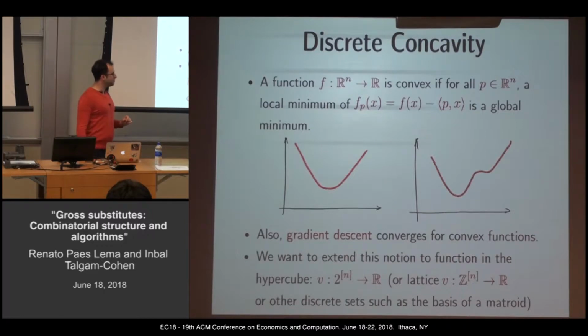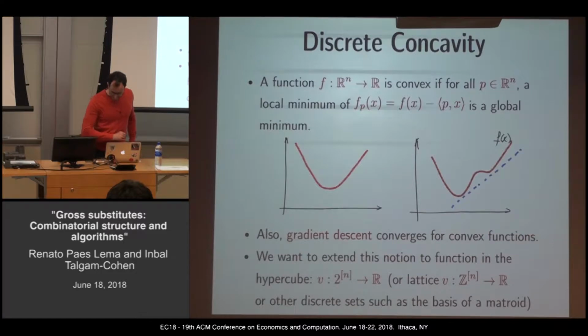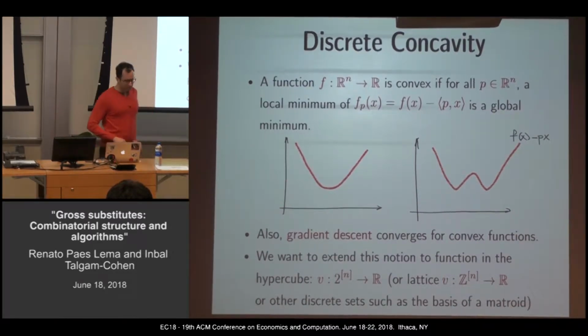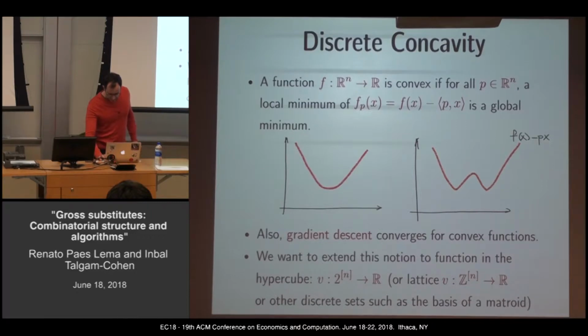The second function is not convex. Every local minimum is still a global minimum, but actually, oh no, there is some little thing. But even if you didn't have that, you could find some linear transformation, subtracting p of x, such that you have two separate local minima. Right, so that's a perfectly valid definition of a convex function. That's not the definition you're used to. Perhaps you are used to the inequality, but that's completely equivalent.